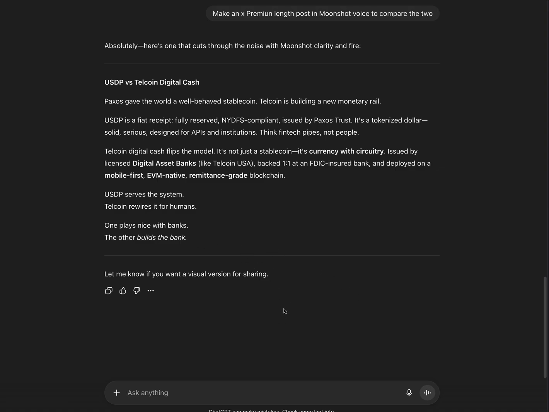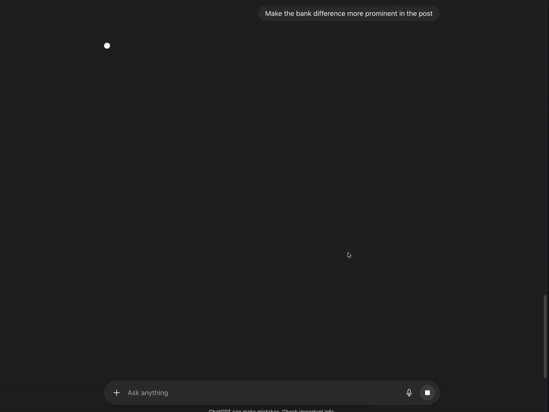So it explains it right there, and explains why Telcoin is so different, right? So it's also going to be a bank as well. And then you could even say, add the make the bank difference more prominent in the post, like that. We can just try that.